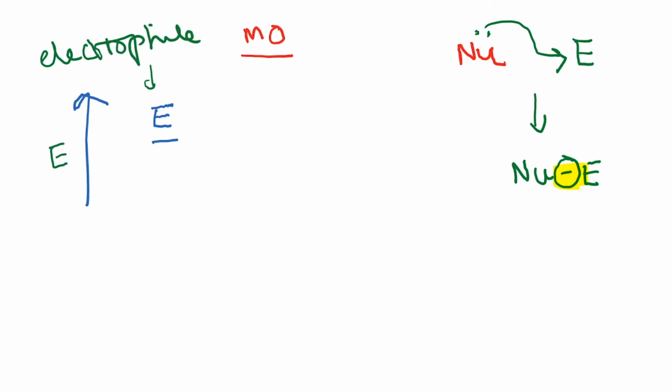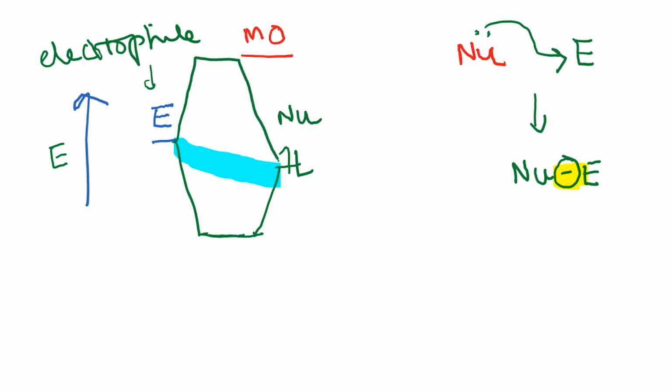And now if you want to understand this in terms of how it reacts with a nucleophile, assume that the nucleophile has to have a pair of electrons. So this is a pair of electrons for the nucleophile, which I'm going to denote as Nu, right? And now if we were to construct an MO diagram, when this electrophile and nucleophile interact, you're going to have two new sets of orbitals being formed. One is this and the other one is this, right?